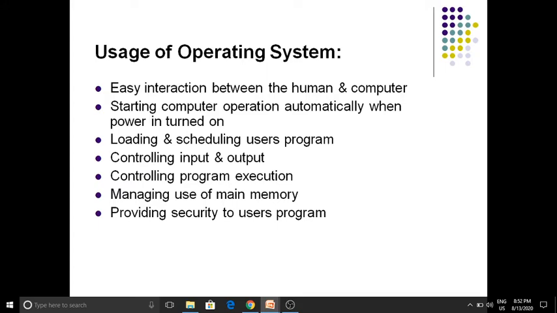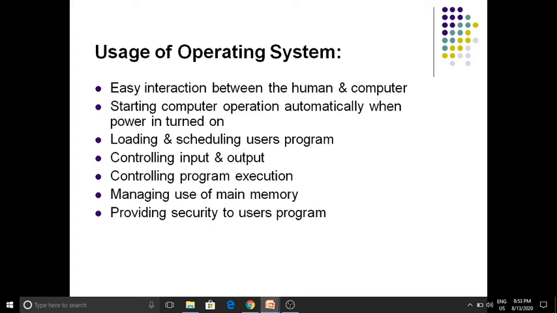Suppose, for example, you have 4 GB RAM of memory. The total 4 GB will not be used. It is actually bifurcated into some drives. Students, it is bifurcated into drives. The C drive is the main drive where we have the software, whatever you have in the system, and the D drive and E drive are the backup. D and E drives are created with some memory for taking the backup of whatever files are very important. That is managing use of main memory.